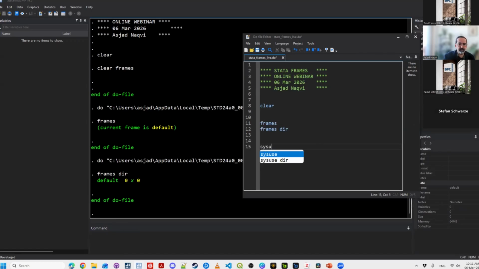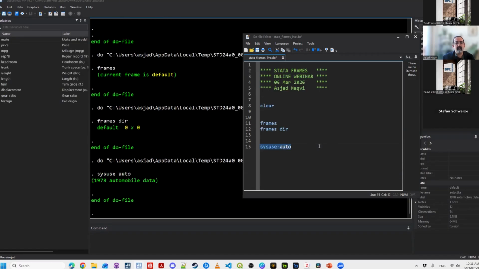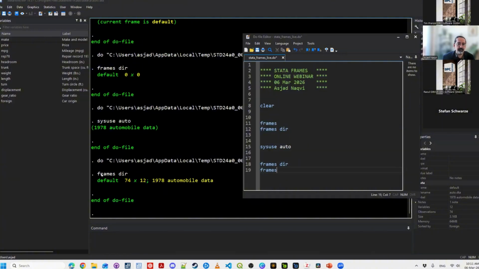Now let's do something. Let's say sysuse auto. This is the most common data set one uses, and we have loaded the data set. This could be your system-based data set, this could be anything else, and you've just loaded this in your session. Now, if we say frames directory, it will say that the default frame has this dimension, 74 by 12, and this is what it looks like. And if we now just type frames, it will tell us that we are in the current frame,